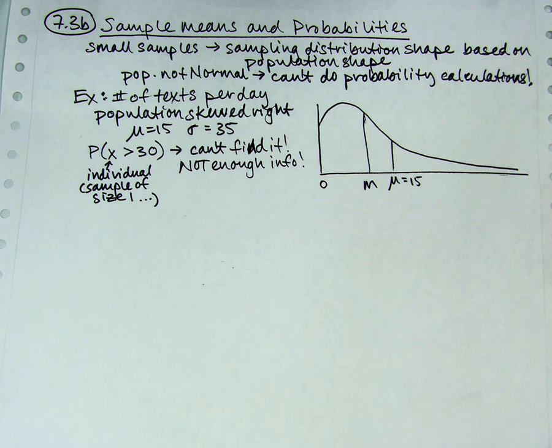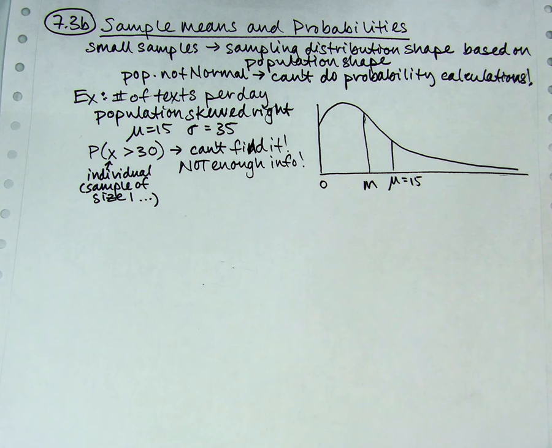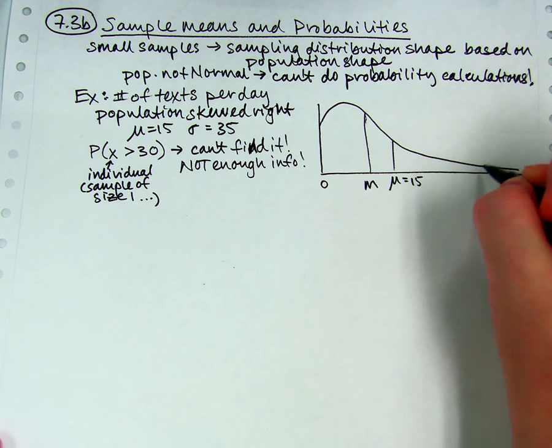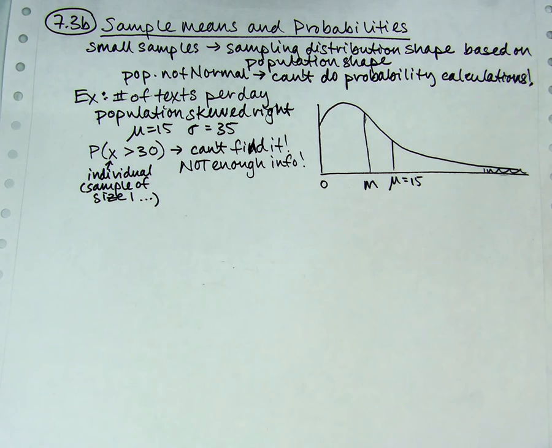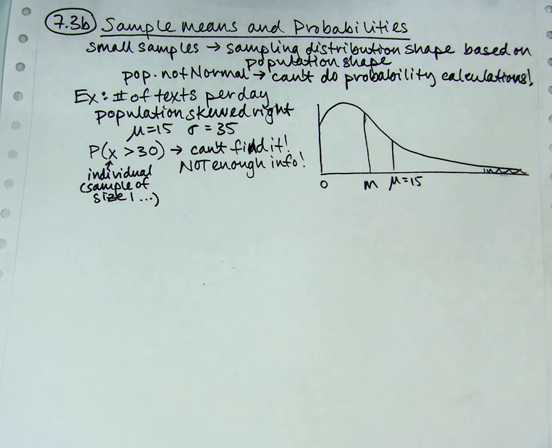And some people are still going to get it wrong, and they're going to try to do this normal approximation thing with a z-score. And it's like, no, you can't do that because it's not normal. Because it's not normal, we're looking at 30, which is way over here, and we're trying to find this little piece. We can't do it because we don't know the formula for this distribution. We're just not going to do that. So if they give you one of those trick questions, please notice it and say to yourself, wait a minute, I can't do that. You can't do it unless it's normal.